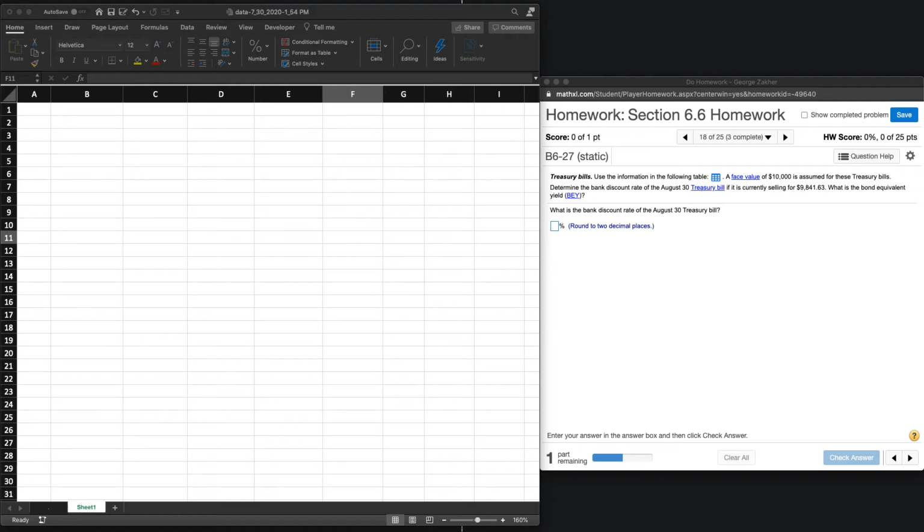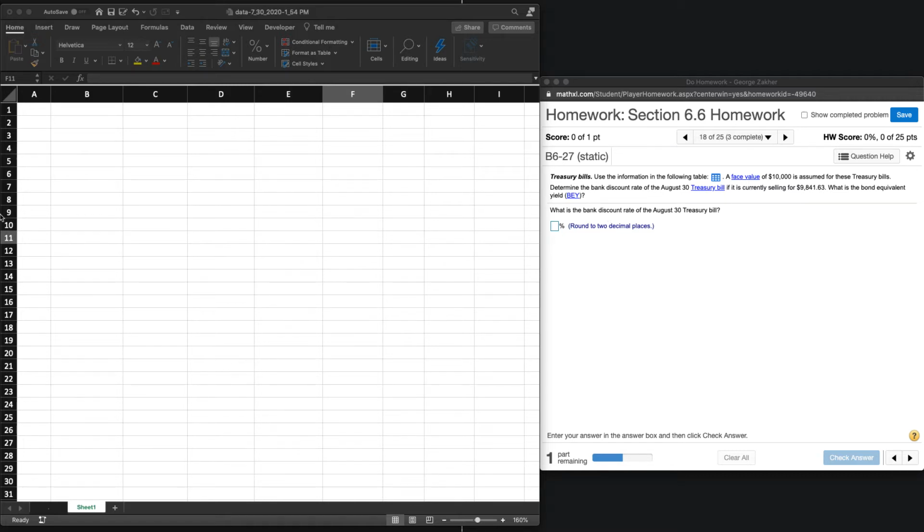Let's consider 6.6, question 27, where we are taking a look at Treasury bills. In this case, we have the selling price, and of course we have our face value. What we're trying to determine is the bond equivalent yield. So before we do that, we want to figure out our discount rate, and then we can continue figuring out